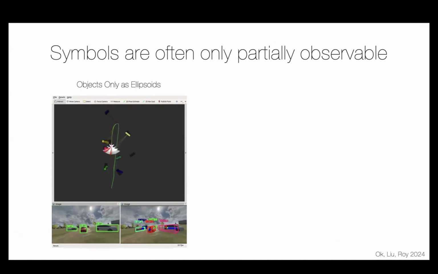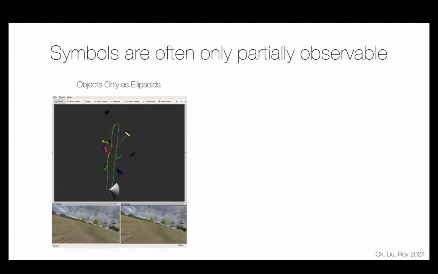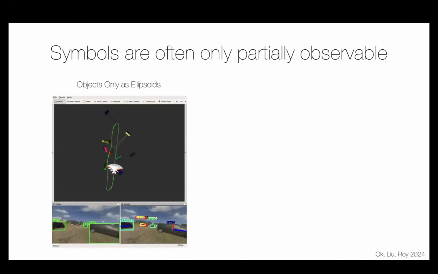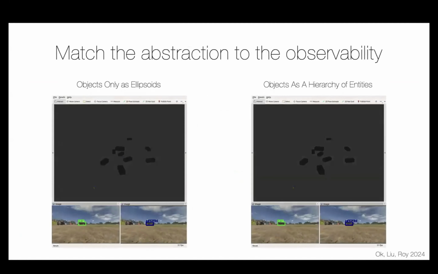This video on the left here shows what happens when I try and localize these. This is simulated data. I'm localizing these objects in the world. If you look carefully, you see the estimates are roughly in the right place in the world, but the actual extents of the bounding cuboids are wrong. And I end up taking paths that are likely to be in collision with those objects because I estimated them incorrectly. If instead I give myself the ability